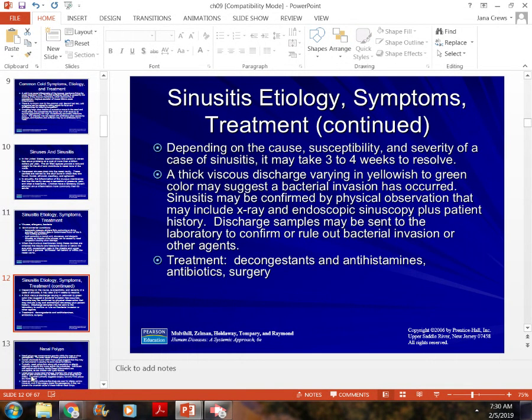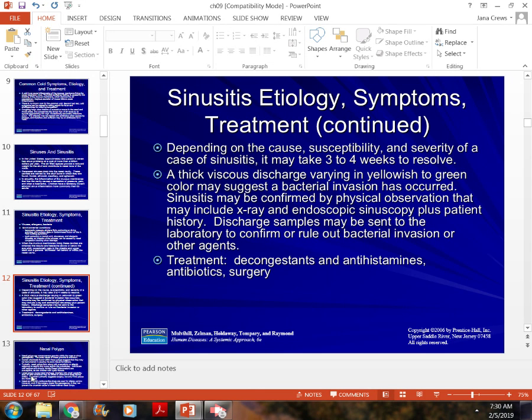Treatment is going to depend. It may take you 2 or 3 weeks to get over a sinus infection. Once again, normally, initially, they will treat it with decongestant antihistamines, which means they're going to tell you to take Benadryl or Allegra or something like that at first, along with a cough medicine. And then after a week, if it's not better and you're still running a low-grade fever, they'll go ahead and prescribe an antibiotic.